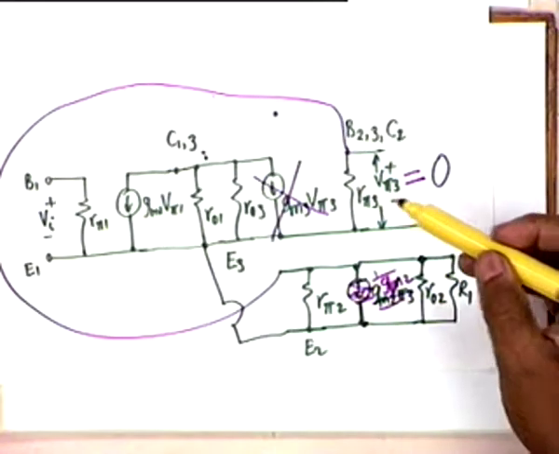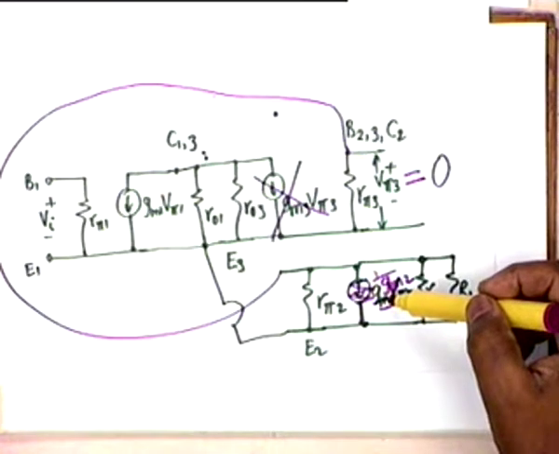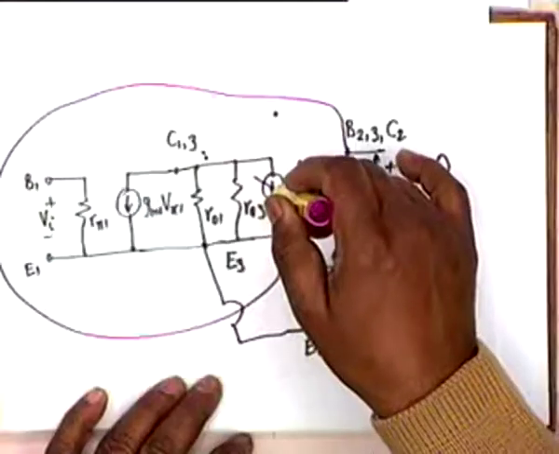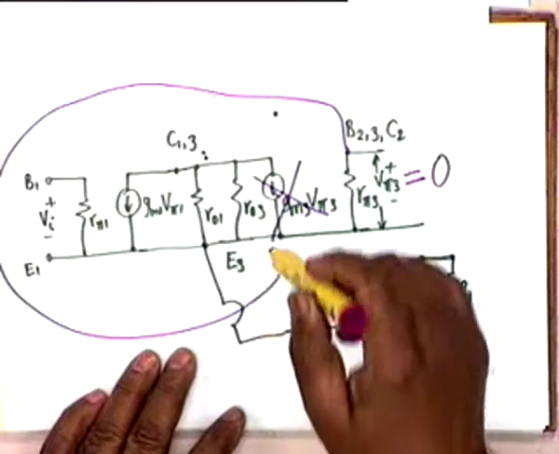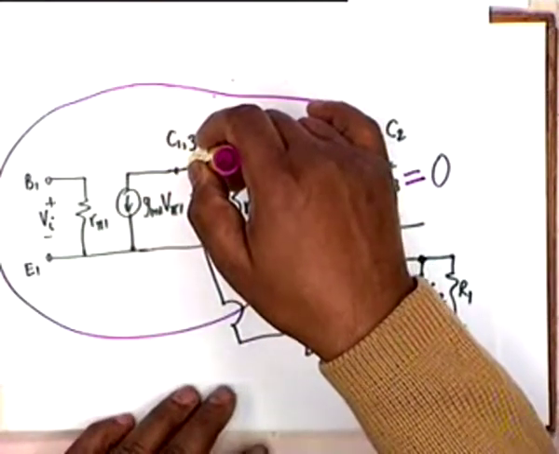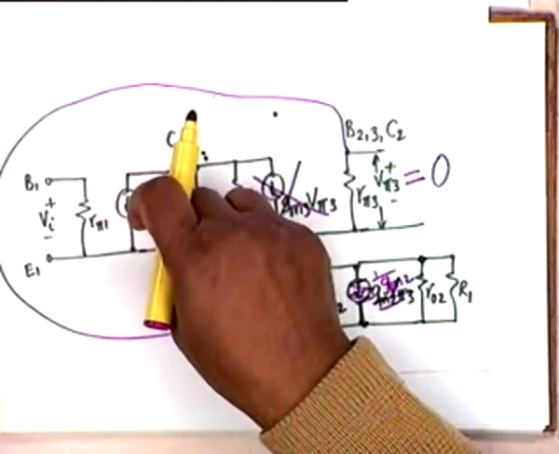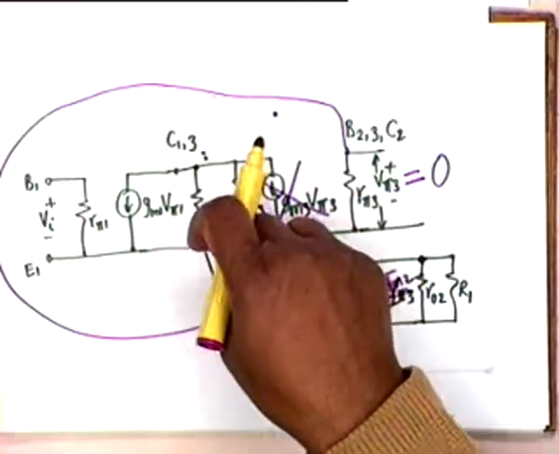Why is it 0? We have R pi 3, R pi 2, 1 by GM2, R02, R1. I gave the adjective of dumb, they are passive. 5 passive resistors are in parallel, no source. What can be the voltage across this? 0. If V pi 3 is 0, then this current generator goes off, and therefore what is the output impedance of this between C1 and E3? What would be the output impedance? If I look at here, it is simply R01 parallel R03, because Vi equal to 0 will mean V pi 1 equal to 0.